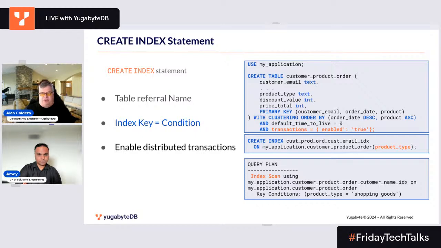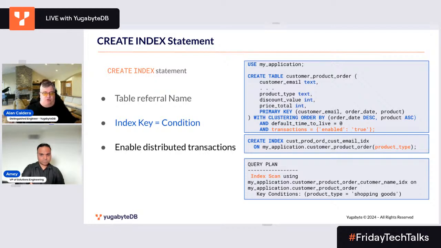So the create index statement looks like most SQL languages. The difference here, and this is important to note, is that tables, in order to be indexed, have to have transactions enabled. So basically, you're saying, okay, I may put an index on this table at some point, so I'm going to go ahead and enable transactions. There's actually no cost to doing this. It just gives you a way of saying, okay, I might put an index on, so I'll leave it